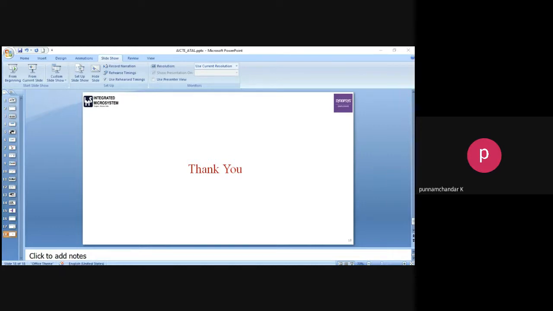Sir, will you explain that software now? Yeah, I'll directly shift over to the software because it is a license copy, so it is available on my desktop. I just want to leave from here and connect with my desktop. Yes, sir, you may. Meanwhile, participants, if you have any questions, you may type in the chat box. No problem, I'll just leave from here and join from the desktop.